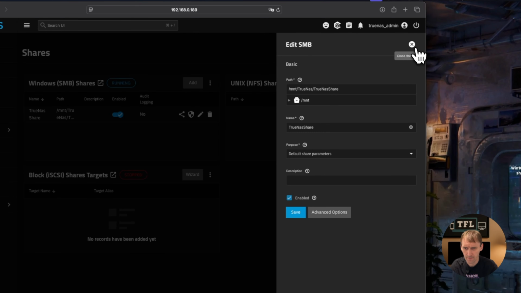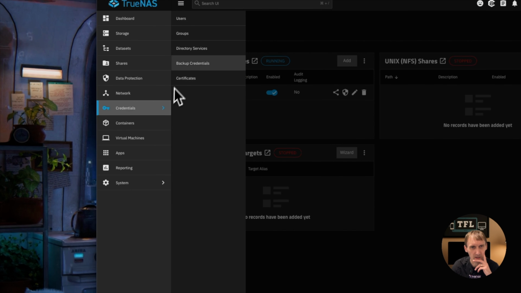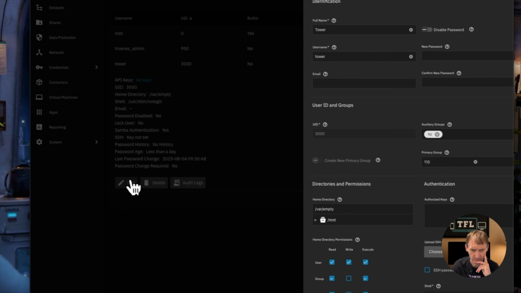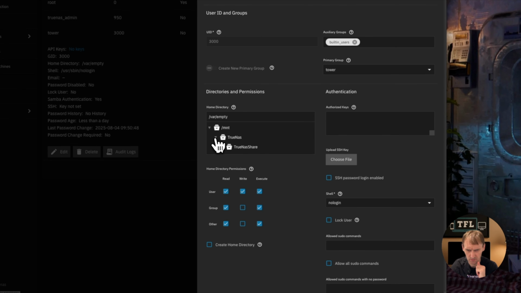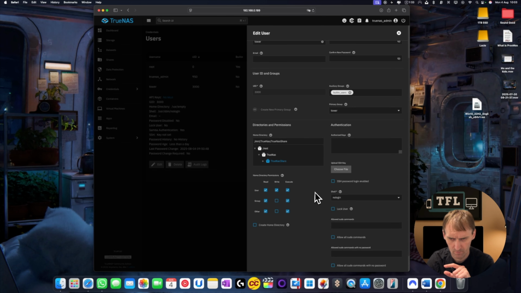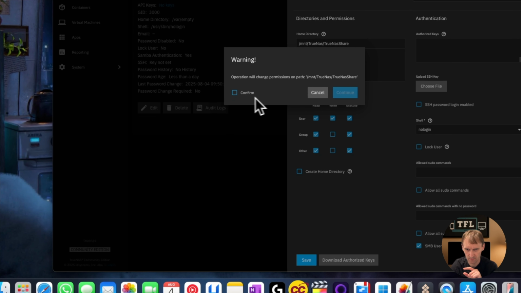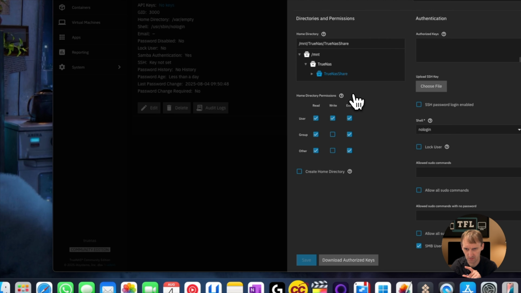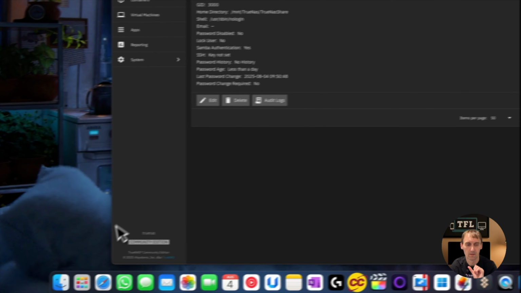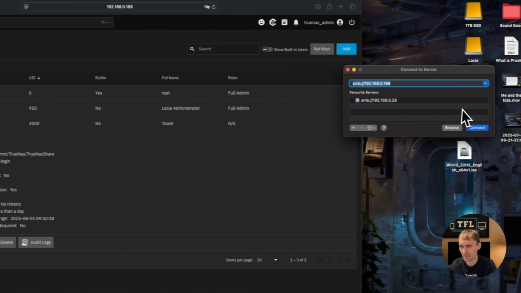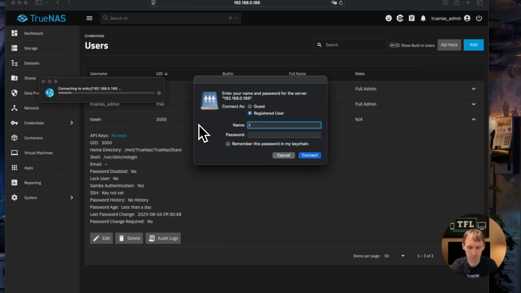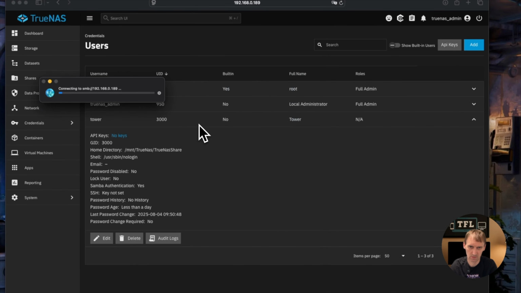Clearly not from here. So why do they have to make it so complicated? Now if I go to users and edit primary group, okay, direct permission, I should be here. And I should be able to click save. So I have permission to TrueNAS share. Okay, wait, we're going somewhere. We're getting somewhere, boys. Now if I connect and put tower and then my password,